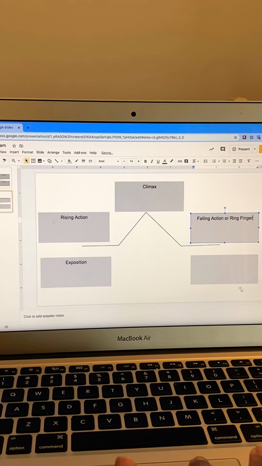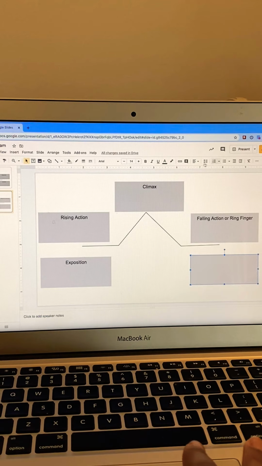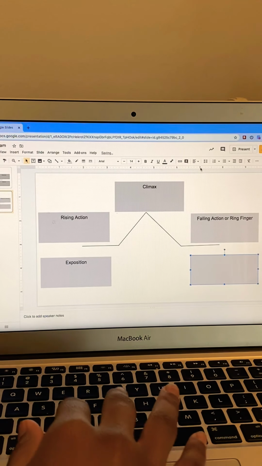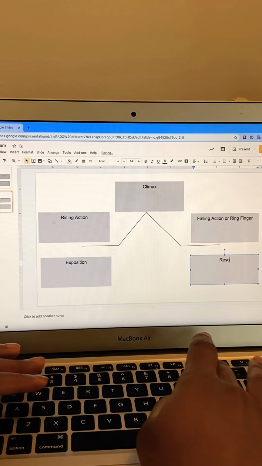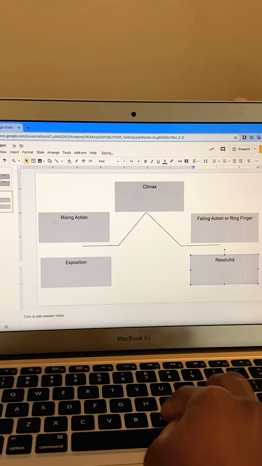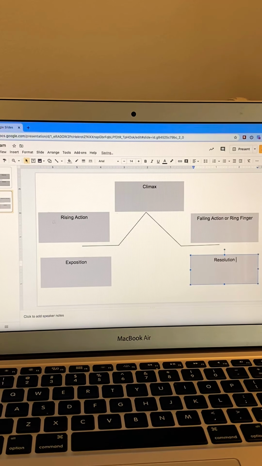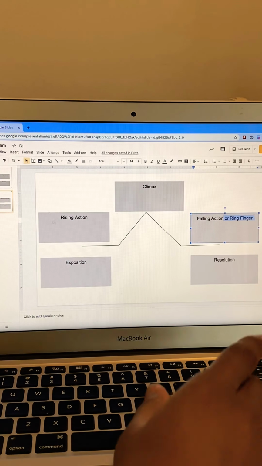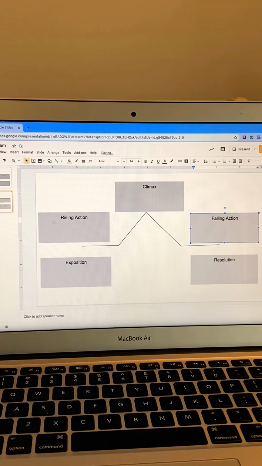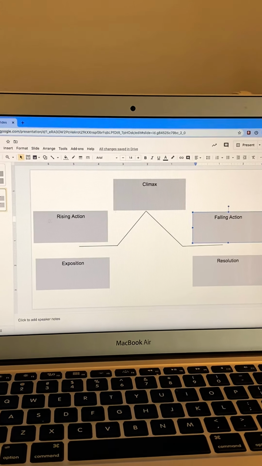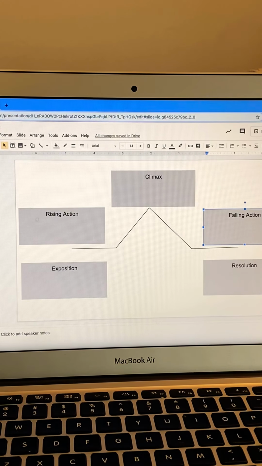And then lastly, we have the resolution. It's how it was solved, how it was resolved. So resolution. And then we can go ahead and erase ring finger, in case someone didn't know. But if you want to leave it there, you can, but we don't have to. And there you have it,